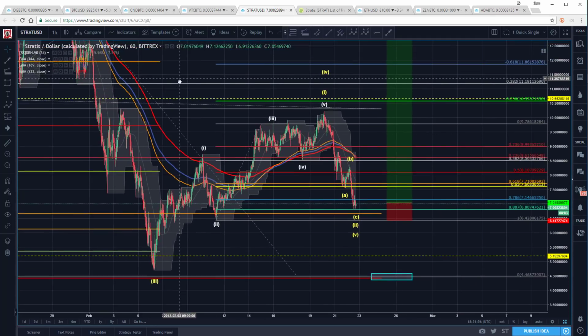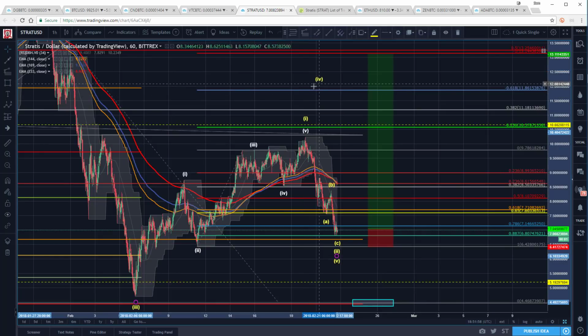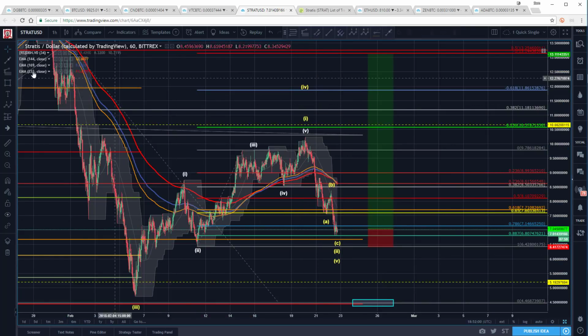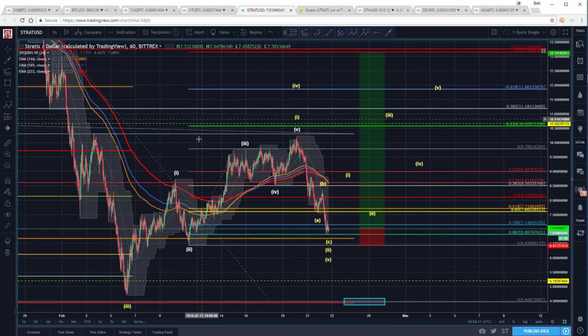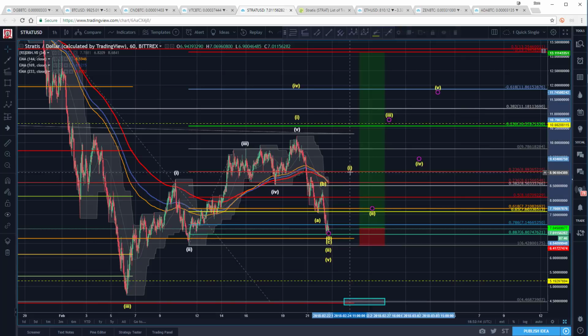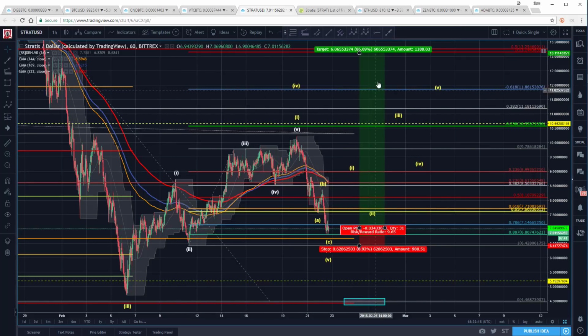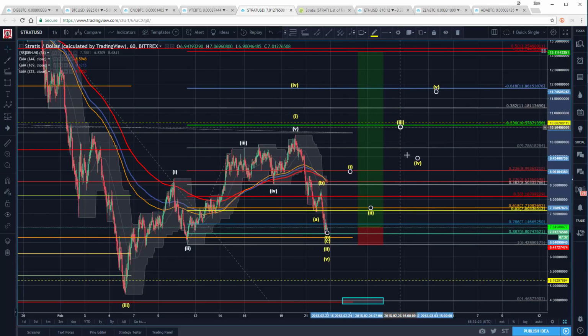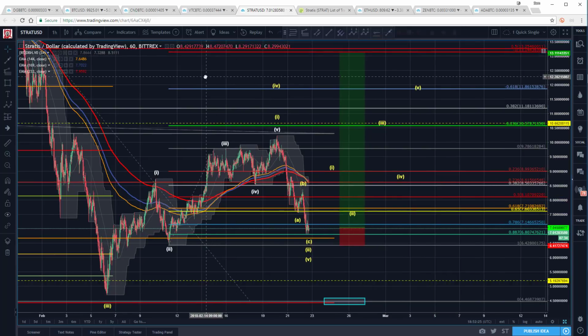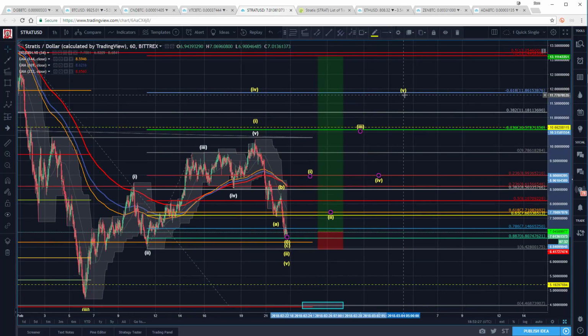I would wait. So here's why you could wait. Because if that's going to play as a 1, 2, it has to come out of here impulsively. It has to come out of here with an impulse, right? Well, we could have the 1 wave of the 3rd wave, so I'm going to strike that. It wouldn't have to be impulsive, but you'd certainly be looking for 5 waves, because if it's going to go all the way up to those upper targets, you're going to have to get a good 1 wave, and yeah, that could be a leading diagonal. So we don't have to be impulsive, but we do have to get 5 waves coming out of it.